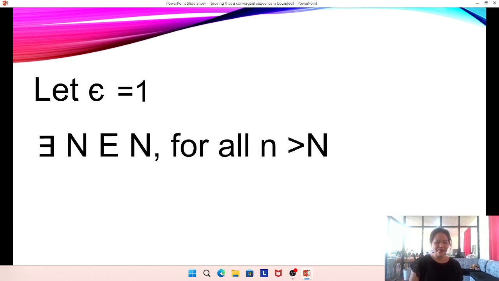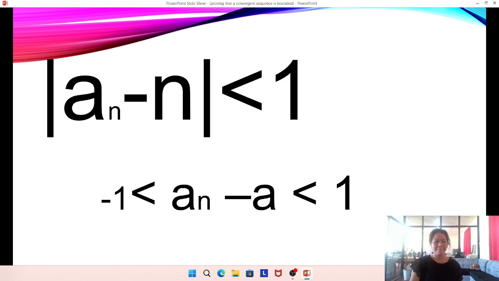Then, following the definition, there exists some natural number big N such that for all terms of the sequence after the big N terms, those terms are within one of the limit A. So the absolute value of a_n minus A is less than 1. Again, this is the definition of the sequence a_n converging to A. This absolute value inequality is equivalent to